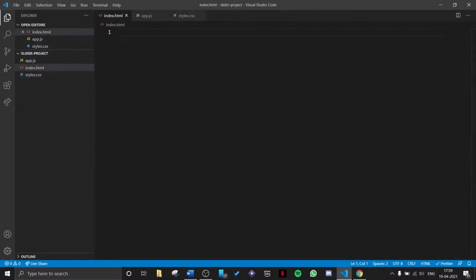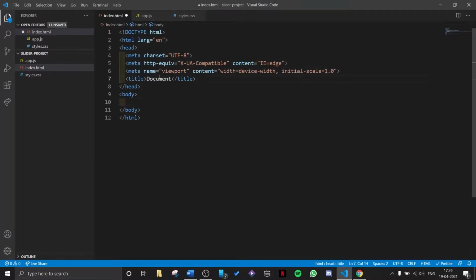Okay, so let's go to my HTML and create the boilerplate. I will give a title of slider project, and the first thing I'll do is link my CSS to my HTML file.